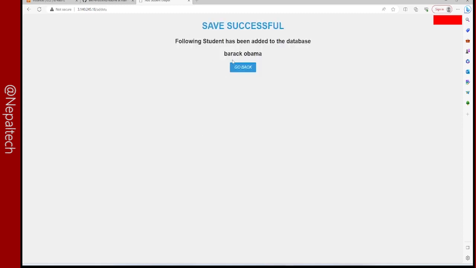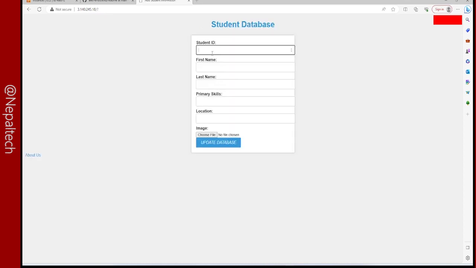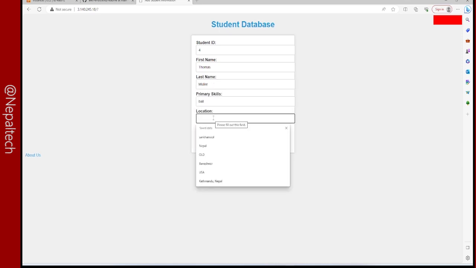So here we can see student has been added to the database, but I had not selected the image, so let me add once again. Thomas Muller, location Nepal. Okay,